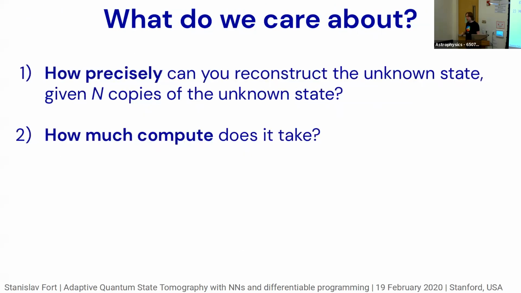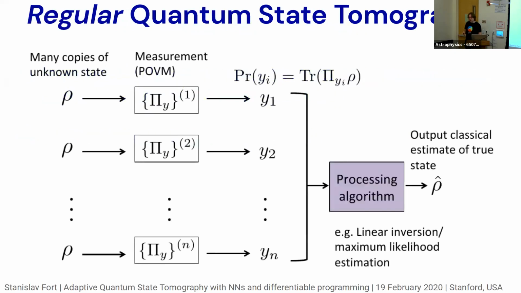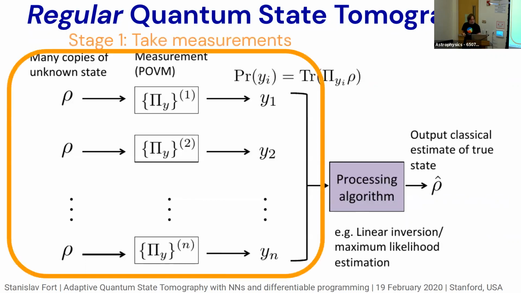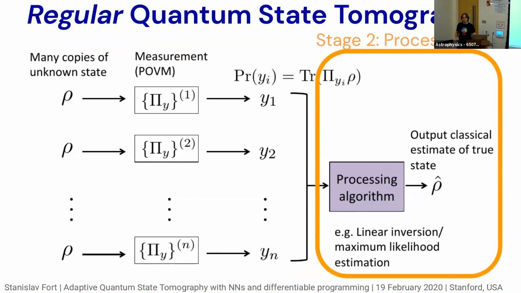Now, let me go through classical versions of quantum state tomography, non-deep learning based things, and say how they work. This is not an exhaustive exposition of that, but it's just to give you an idea how these things typically work. There is regular quantum state tomography where you have a bunch of copies of the same density matrix, and you apply POVMs on them, get outcomes, and then there's some processing algorithm giving you the guess for what the correct state you are measuring would be. So it's the two stages: make n measurements and get outcomes, and then process.